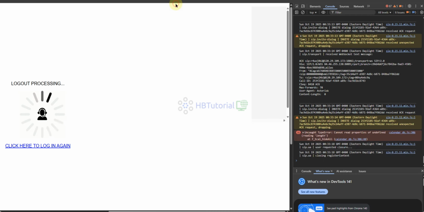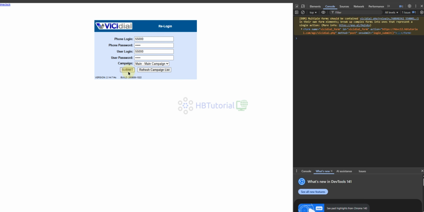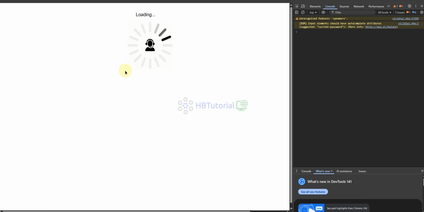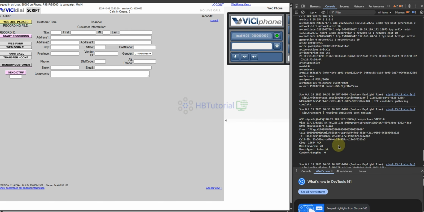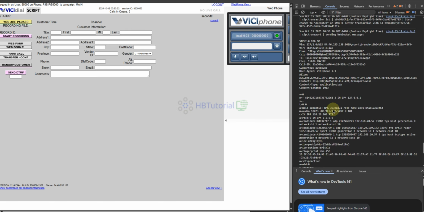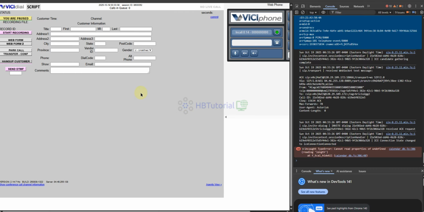Let me log in again. Now it's registered because we receive a response, 200. So that's all on how to create the phone extension.